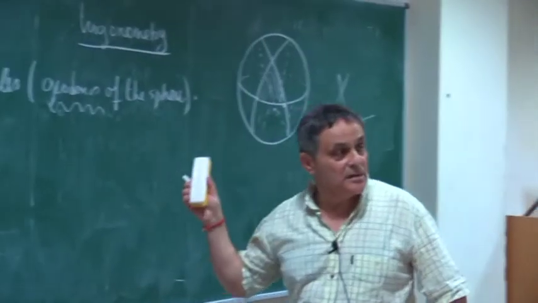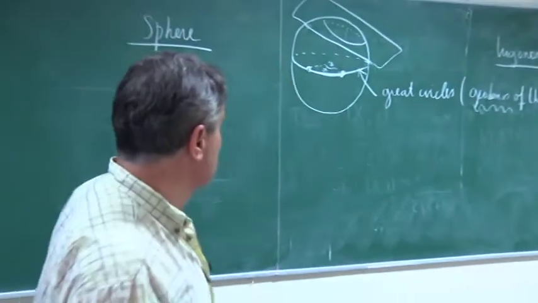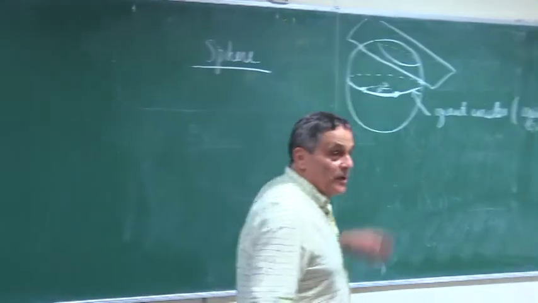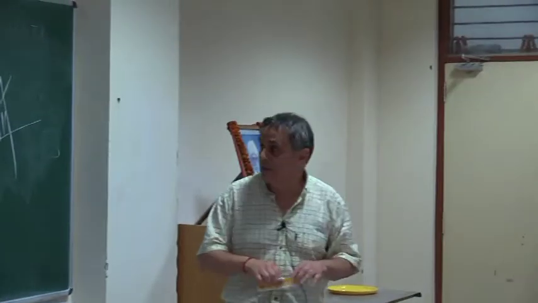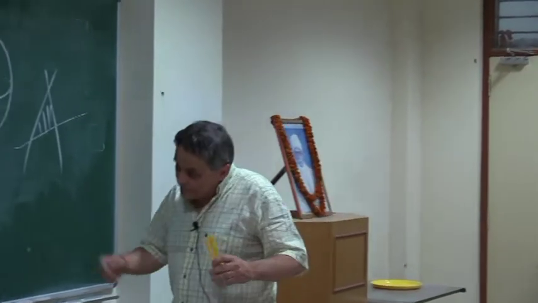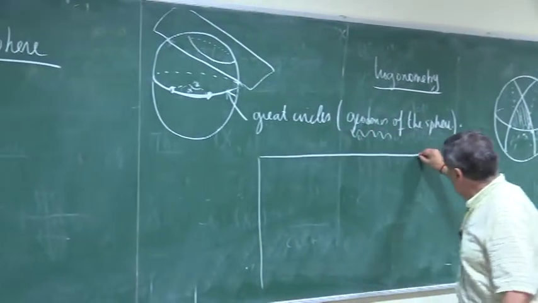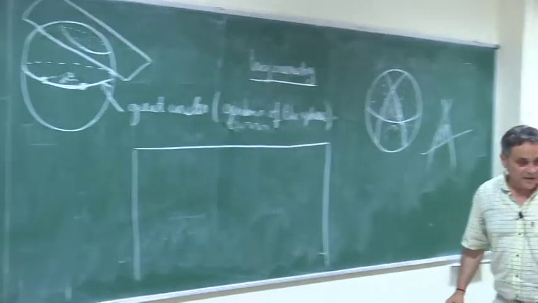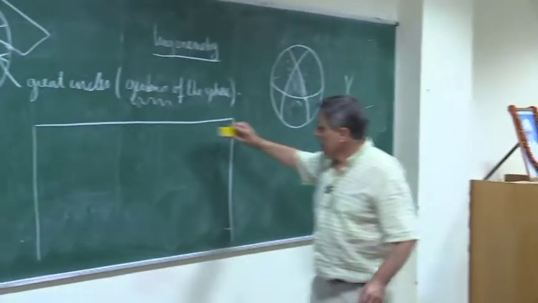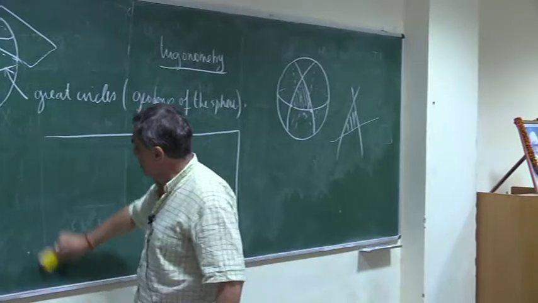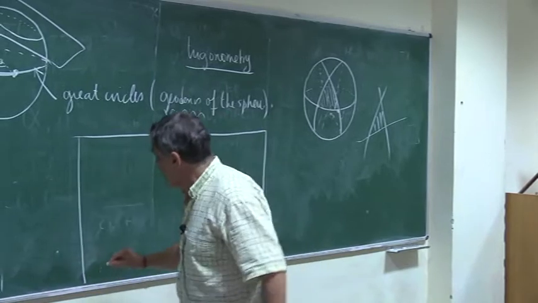The Indians worked on this long ago. The Greeks also worked on this, I think, before the Indians. Euler, whom you all know, worked a lot on spherical trigonometry. This is one of his favorite subjects. So I don't want to say much about this, but I want to give you some examples of trigonometric formulas which I will use. One of them is the